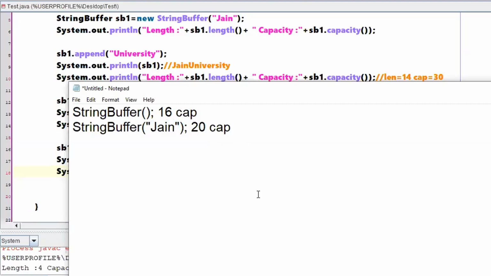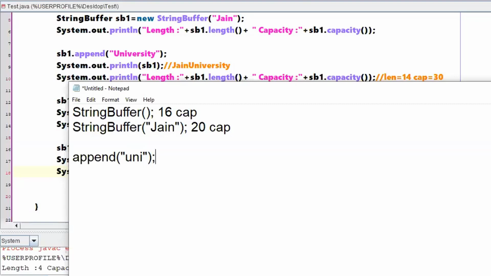Now when I am appending, whenever there is a change, it is ready to accept all those changes in those 16 characters, that means the 16 spaces you have kept empty, right? So whenever I use the append function, whatever values you give will be allocated in those 16 extra spaces.